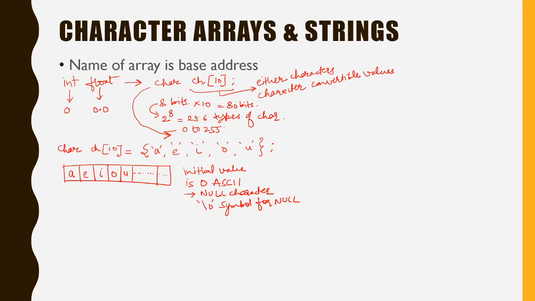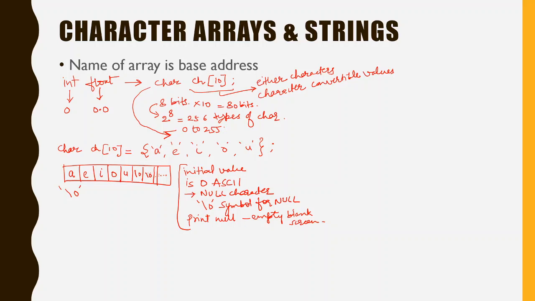If you try to print the null character on a screen, it will print as an empty or blank screen in the place of the null character. So this is how the null character is used. All the remaining places after these 5 places will have this null character, which is simply backslash 0. So this is the representation of the null character.